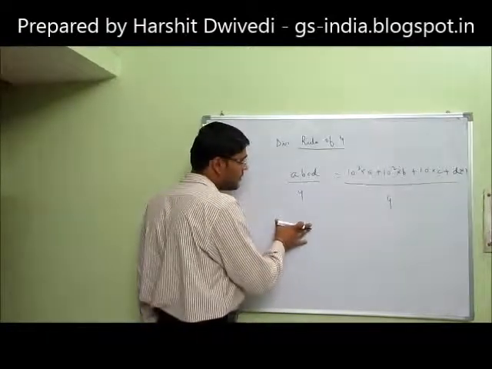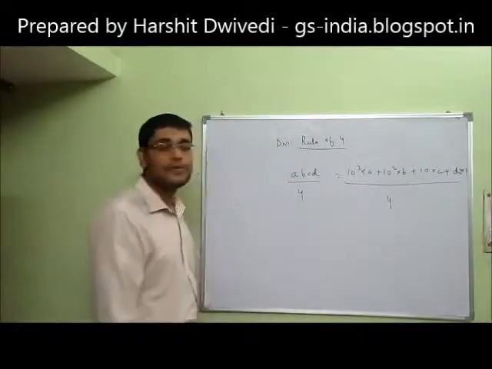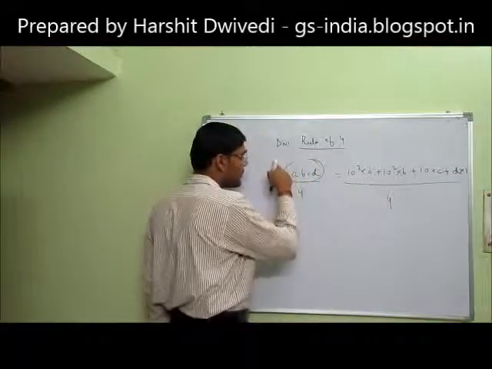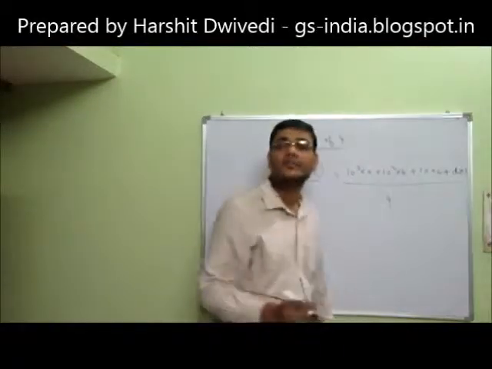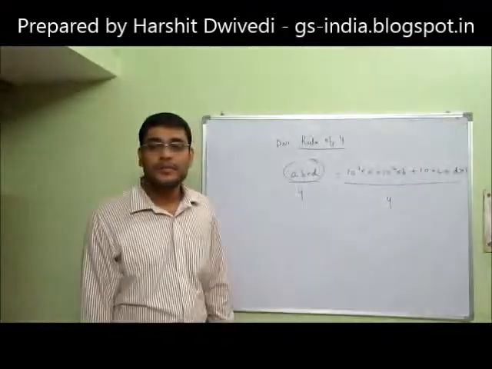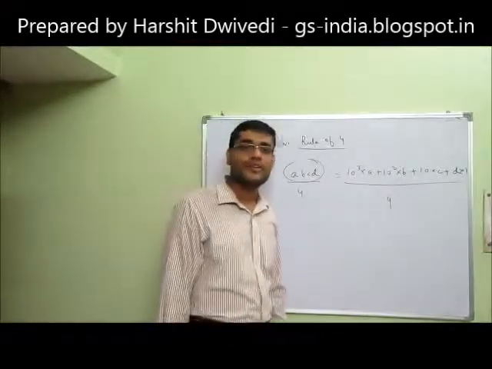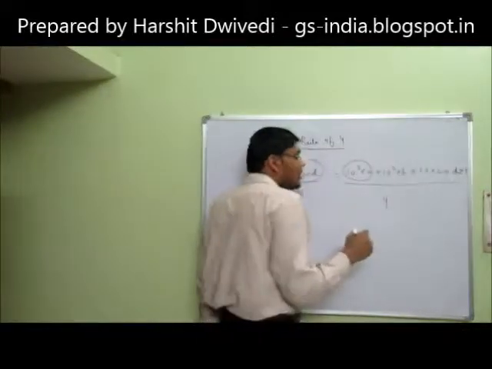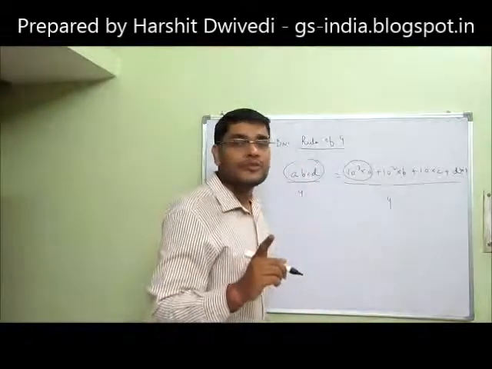Let us find out whether this number ABCD is divisible by 4 or not. So, this whole expression and this whole expression are the same thing. Now what's the basic difference? Look at this: 10 cube into A plus 10 square into B plus 10 into C plus D into 1. If I'm going to divide this expression,